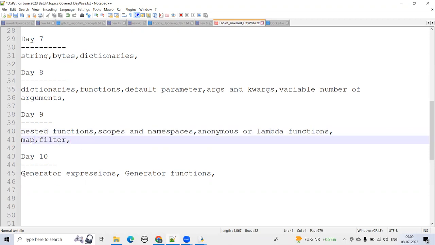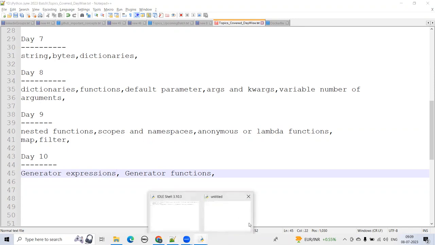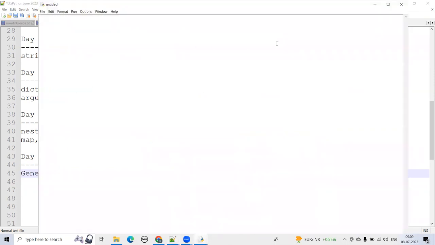Today we are going to start with generator expressions and generator functions. We'll see what is the use of this, what is the advantage of this. So, generator expressions, they are